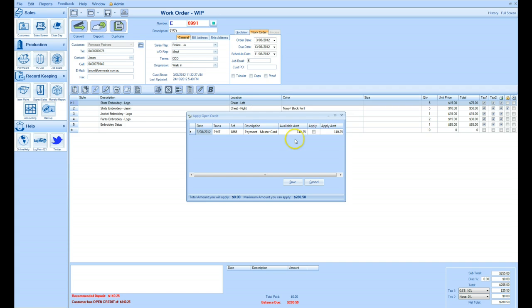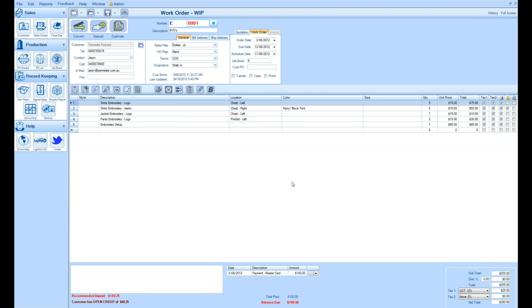The easiest way to do it is just to tick the box and it applies the full amount and you hit save. Or I can tell it to apply a specific amount. So apply $100 at the moment. Still left with $40.25 outstanding,